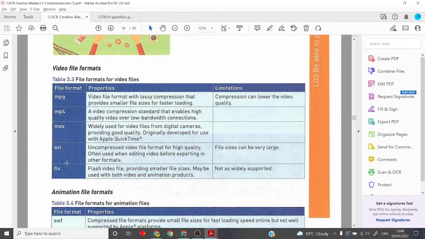Your AVI, now that is the one that's going to be stored on your computer. So if you are storing something that's going to be shown on a device like a computer or a hard drive, so you haven't got to worry about streaming over the internet, then quality is going to be your important thing. So this is going to be your movies, things that are shown in film theaters and stuff like that. So you want the highest quality you can get. And you've also got FLV here, not as well known, but this one can serve as both a video and an animation file format, so that's a good one to use.